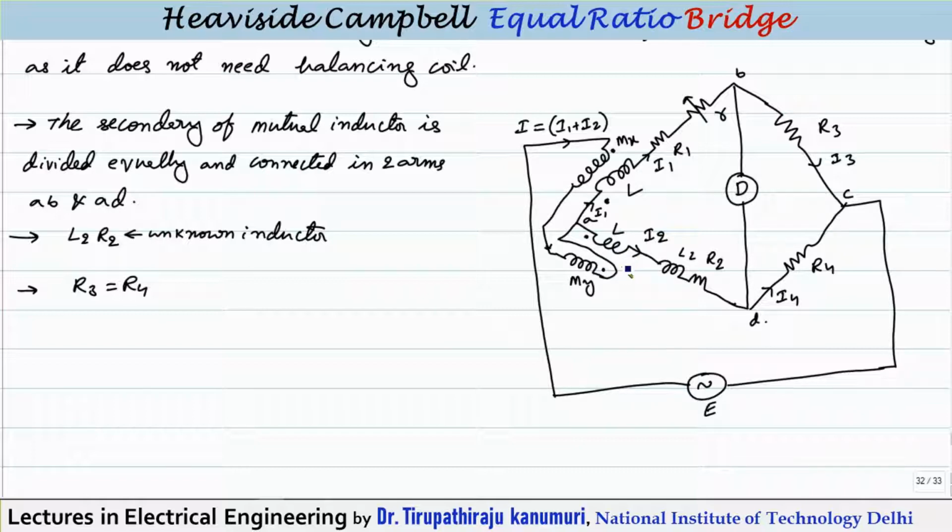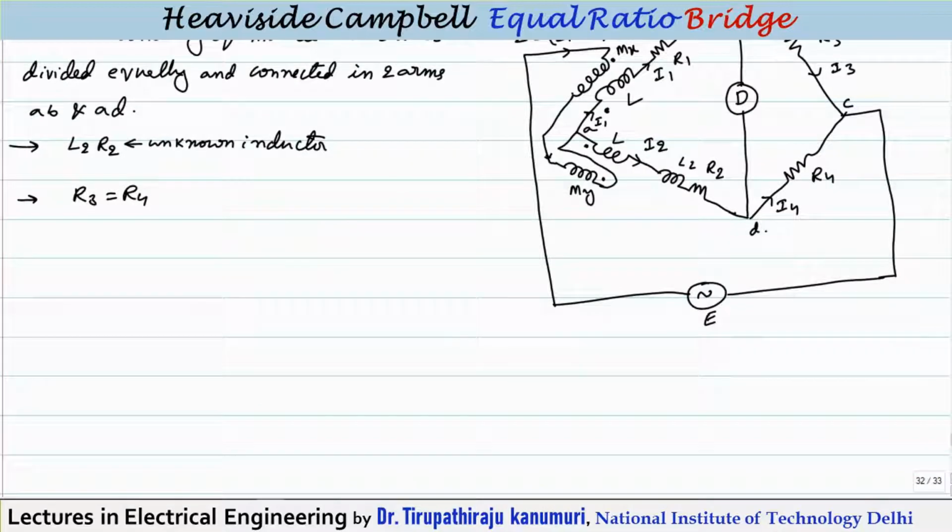So that mutual inductance will form minus j omega M, and that will come in the equation. Let us assume R2 and L2 are the unknown resistance and inductance of the inductor, and one variable resistor R will be connected here for obtaining the balance. So here what will we vary? We will vary the mutual inductance as well as R to get the balance. With these basics, let us proceed further.